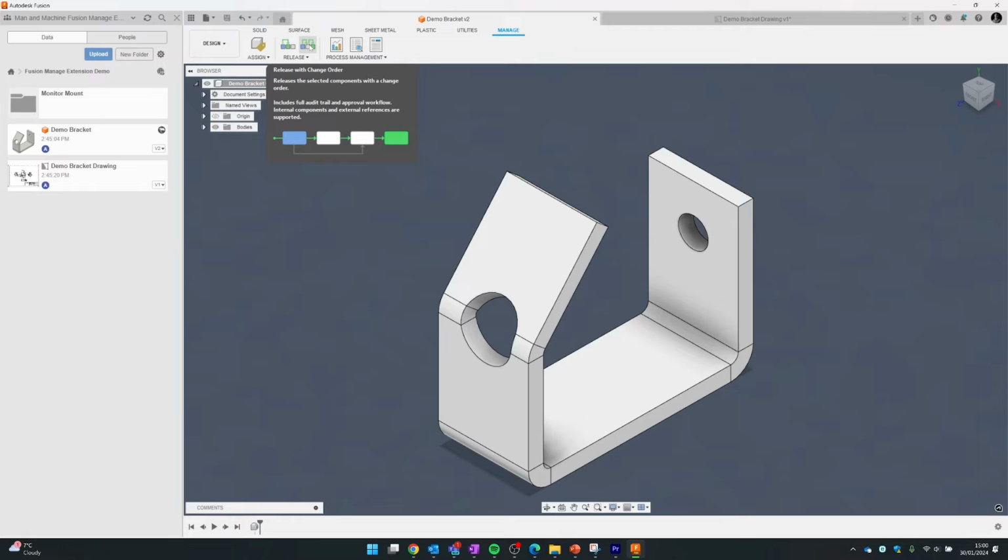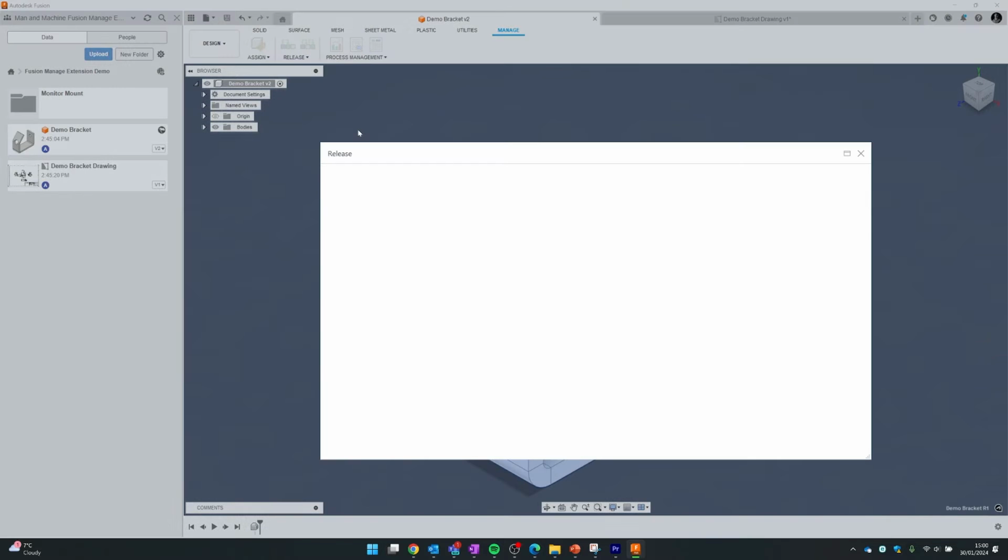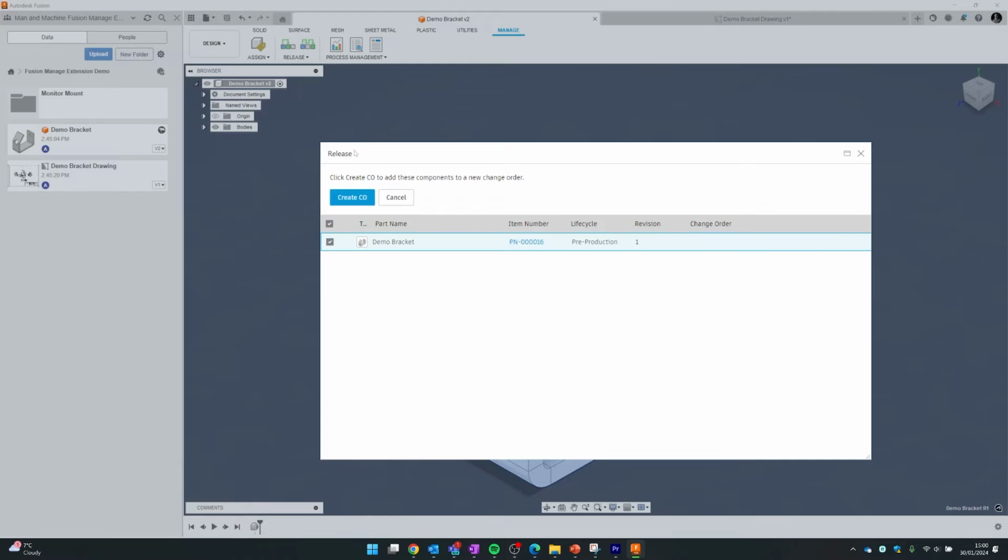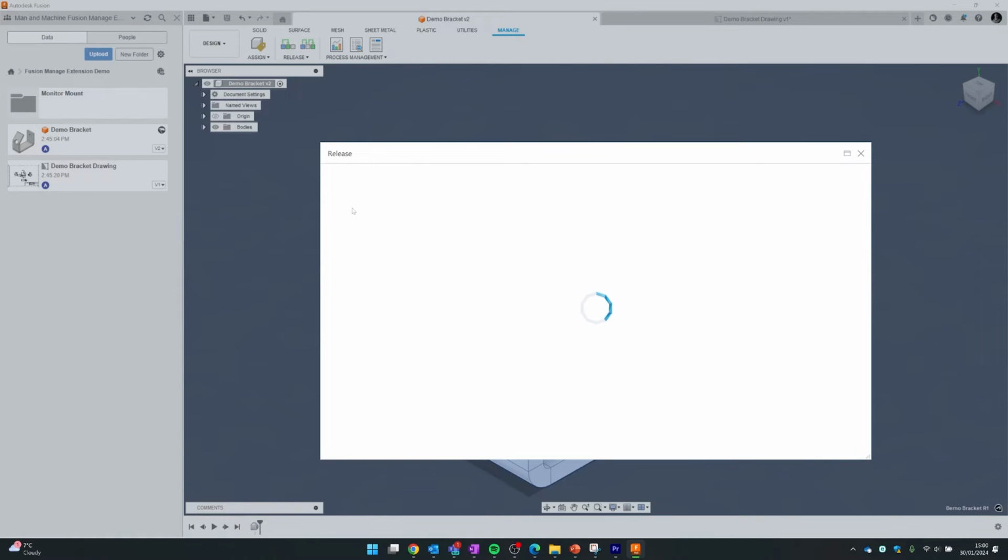So this time I'm going to click on Release with Change Order, and it is going to bring up this page. And it's going to ask me to select items, and these components are going to be added to this change order. So if I had multiple components selected when I clicked on that button, I could add multiple components to this singular change order to release them all at once. So if I now click Create CO, which is going to create the change order,